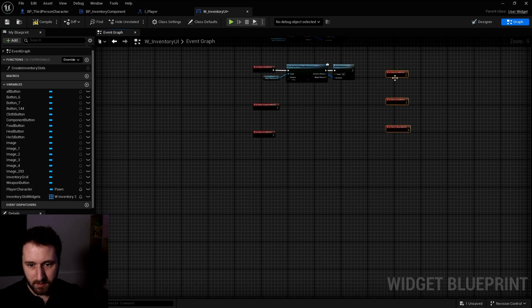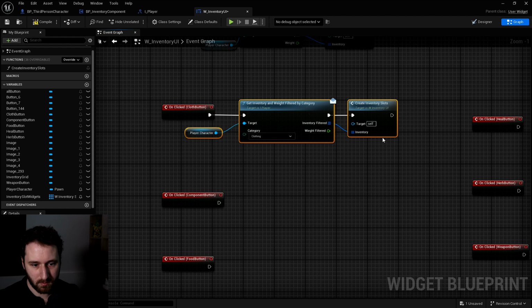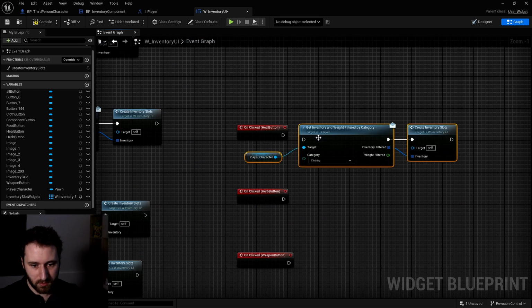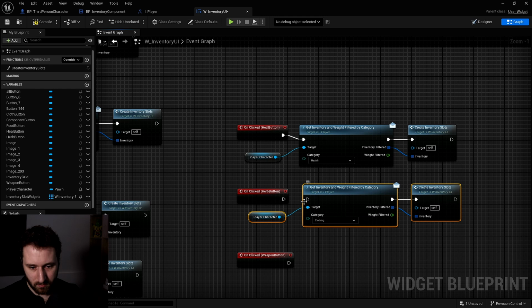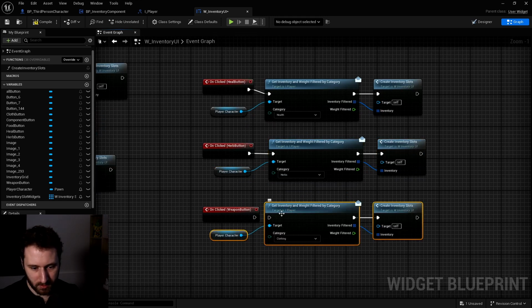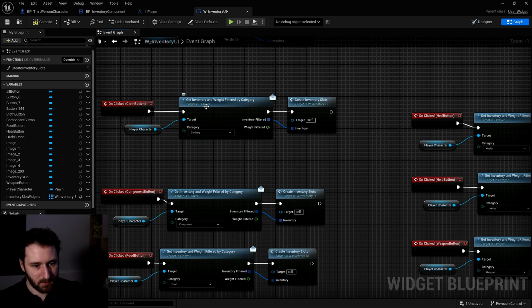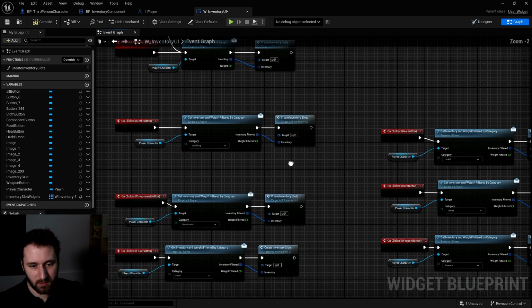Let's make them like that. You can copy this, paste. Let's go with component. Food, health, herb and weapon. So now when we click on one of the buttons, it will go and get the inventory filtered by the category and it will create the inventory slot.